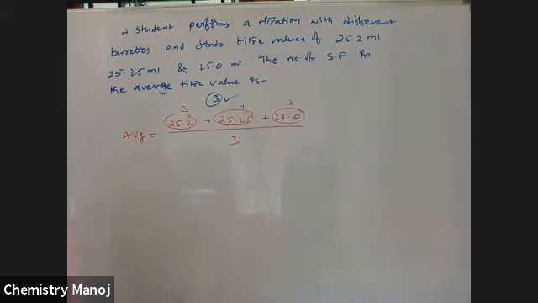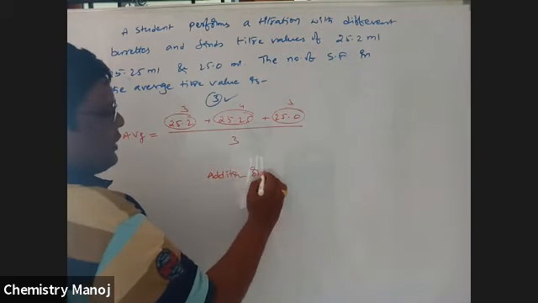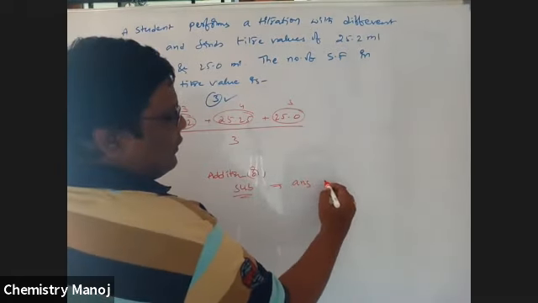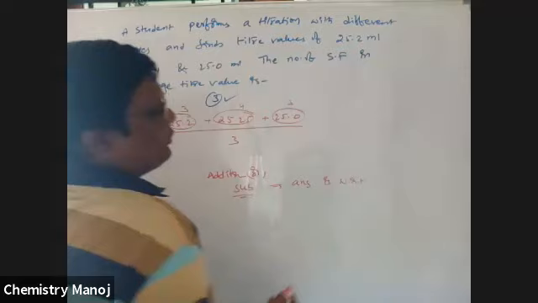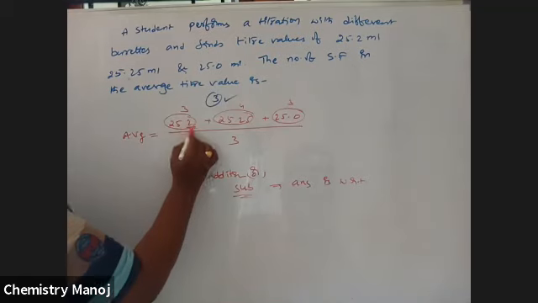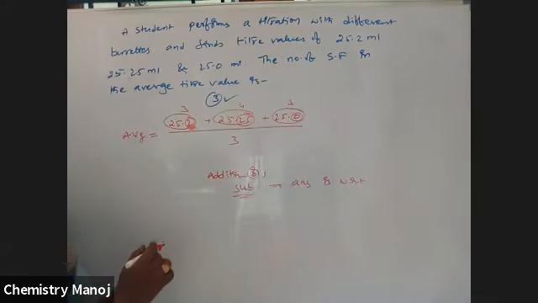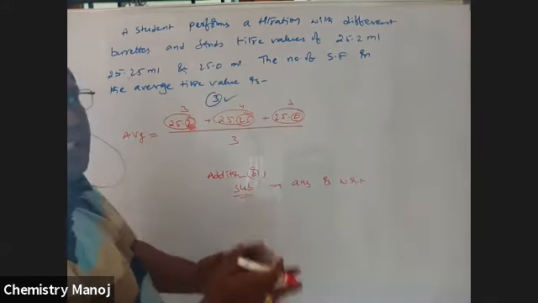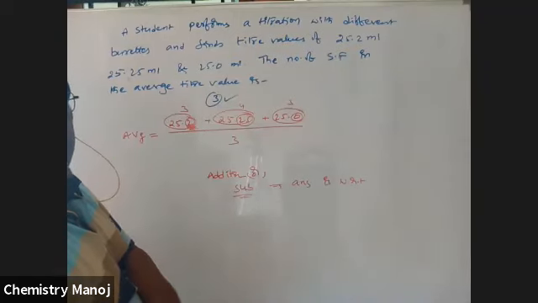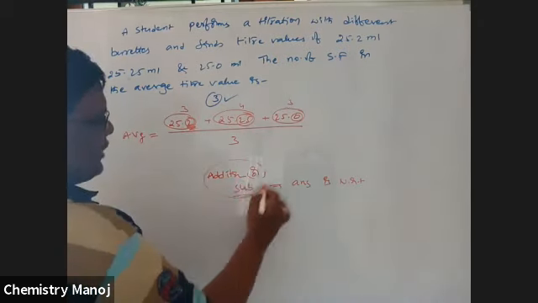During addition or subtraction, the answer is with respect to decimal places. This one contains 1 decimal place, here 2 decimal places, here 1 decimal place. That means the least number of decimal places is the answer. If addition or subtraction is taken, the least decimal place is the answer.